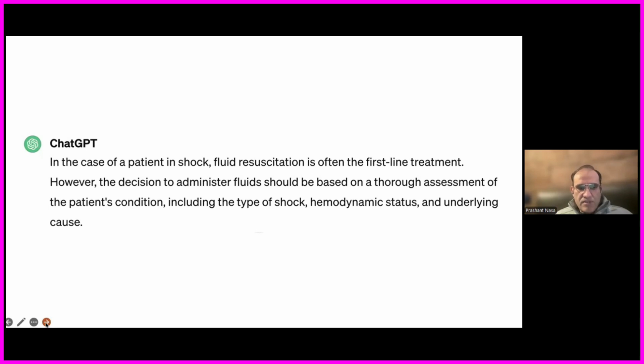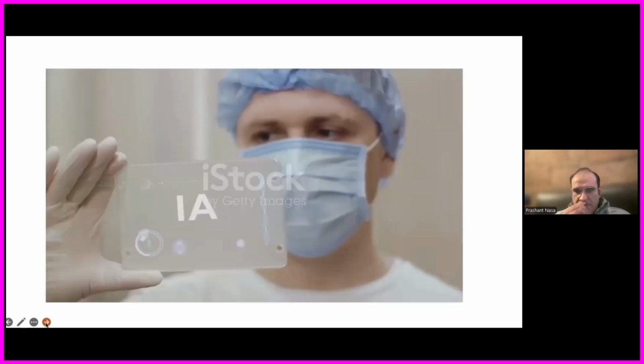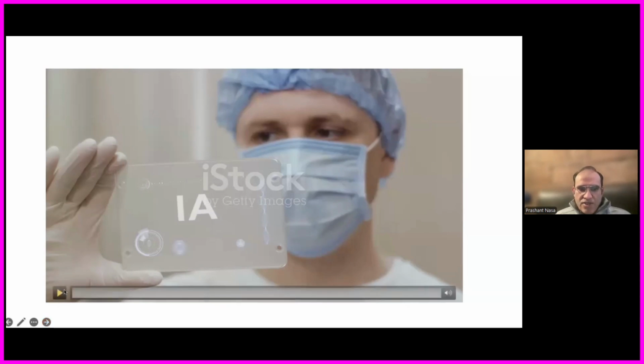And as I put forward in the last three slides, what we need to do is integrate a lot of information along with hemodynamics and, more importantly, sometimes even imaging, to use this complex information in our daily decision making. Then I tried to see how AI can help me make a presentation on AI and IV fluid. So I reached out to a website where I asked it to prepare a small presentation for me, looking at artificial intelligence and the use of IV fluid, and this is what I found.